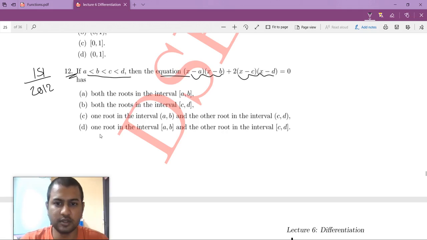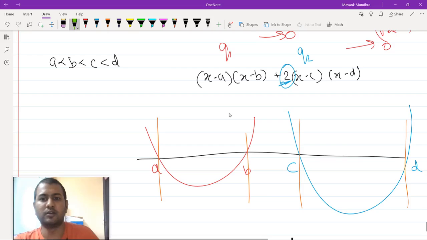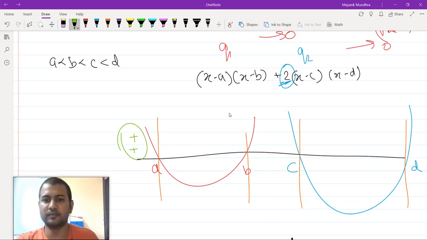So none of the things talk about whether roots exist or not. They all assume that roots exist. So let's go with this assumption that roots exist. So let's divide this into multiple parts. Okay, in part 1 both my curves are positive, so there can't be roots here. Both the curves are positive in this region.